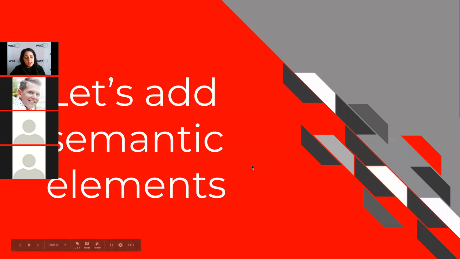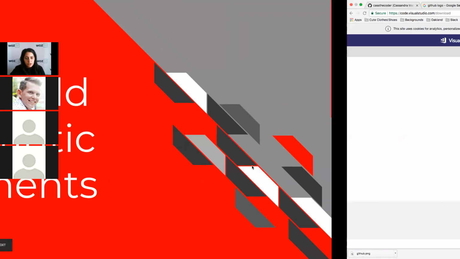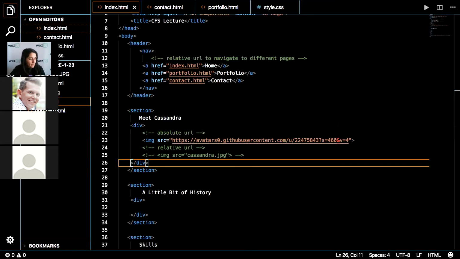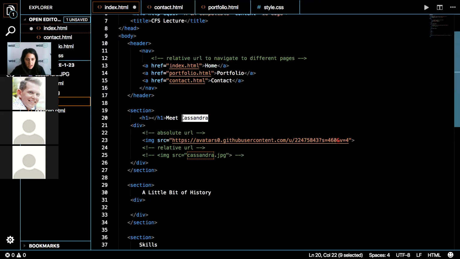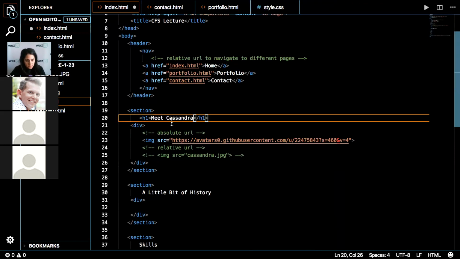So let's go ahead and add some semantic elements to our code so you can see what that looks like. I'm going to have all of these be H1 tags where I have my little sections here.